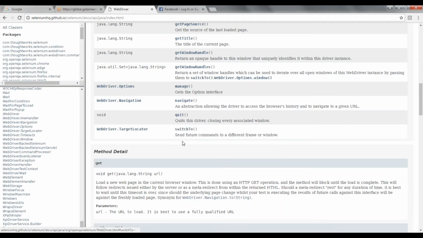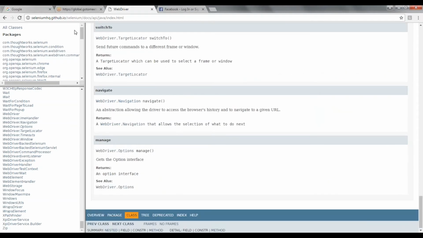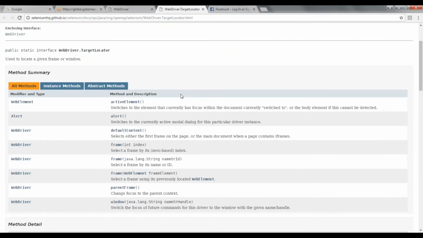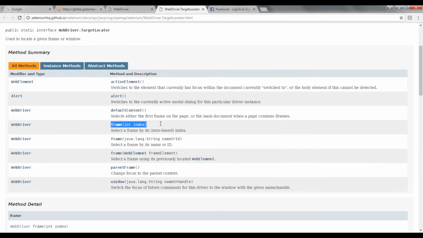If I want to send the commands to a different frame, I have to use this method switchTo. What will this method do? It is going to return the target locator, which can be used to select a frame or window. It returns a sub-interface, that is TargetLocator. So this TargetLocator has all these methods.